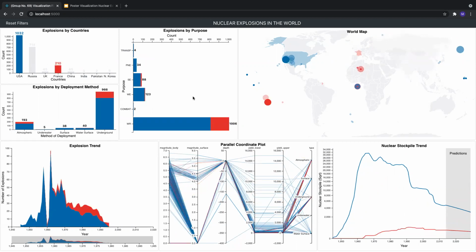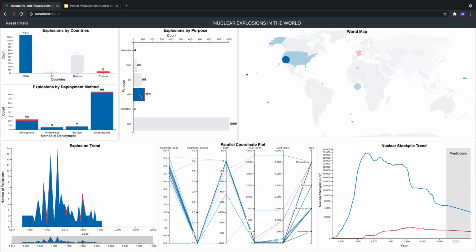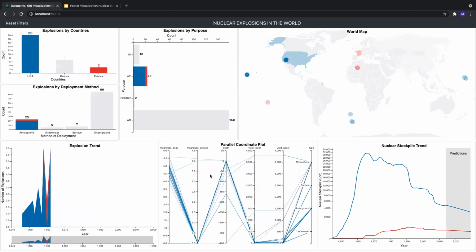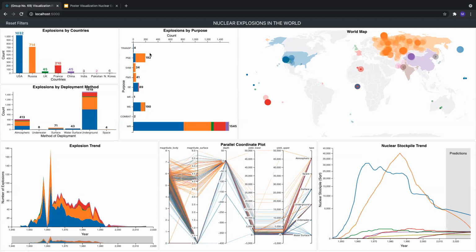Also, I can filter on, let's say, purpose like weapons experiments, and let's say atmospheric. So all the data across the charts is updated accordingly. Now I can just click on reset filters so that it gets reset to the default filter.